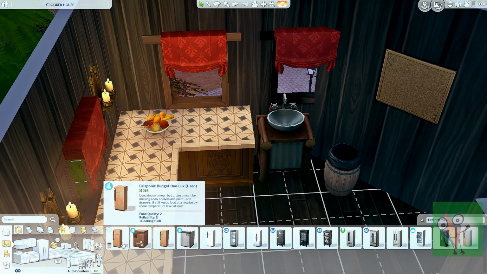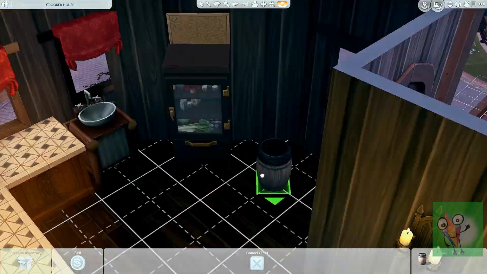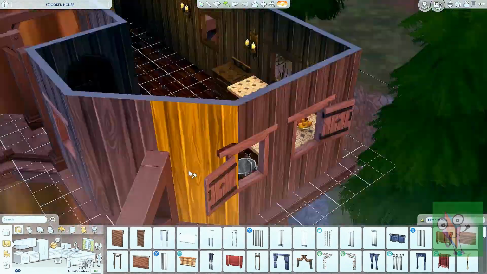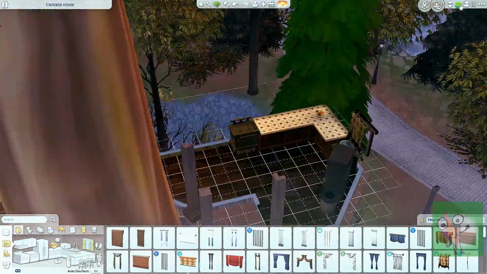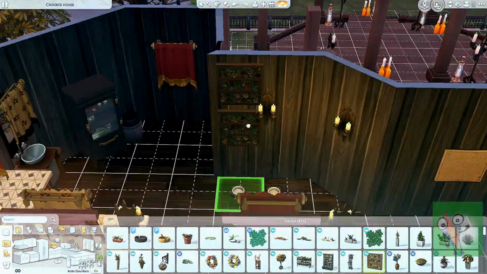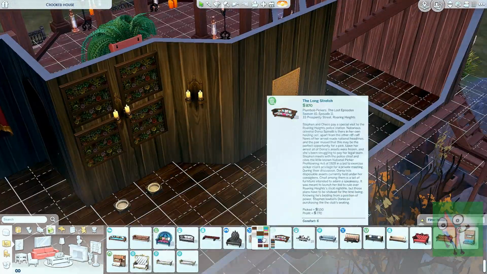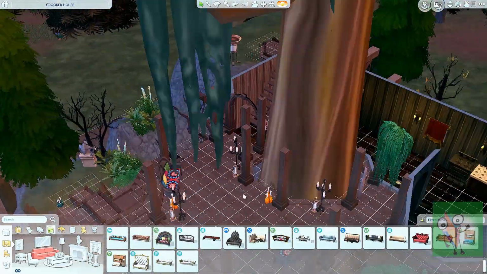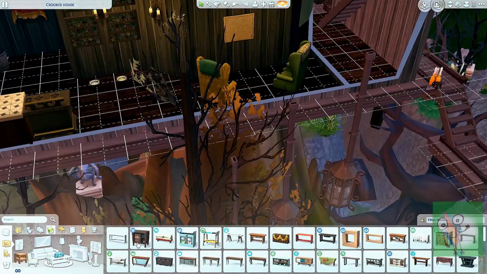Biggest problem I had, because I was trying my hardest to stick with this whole idea of off the grid, was trying to figure out what fridge to use. So I ended up googling it, and apparently the vintage icebox, not blocks, icebox is an off the grid refrigerator. It just doesn't have it on the little information pop up. So I put that one in, and yet again I don't actually know if it is off the grid or not,